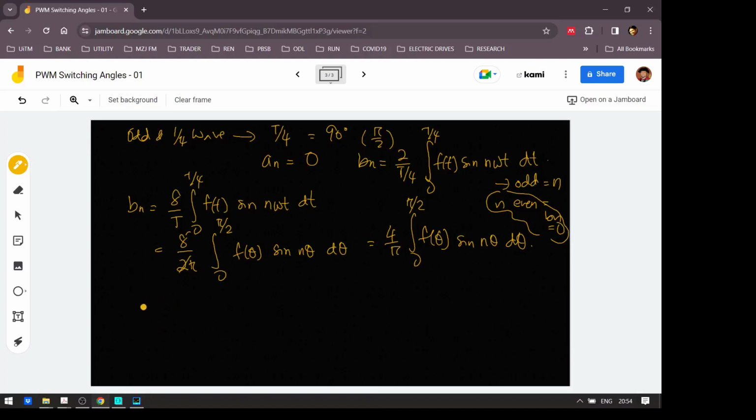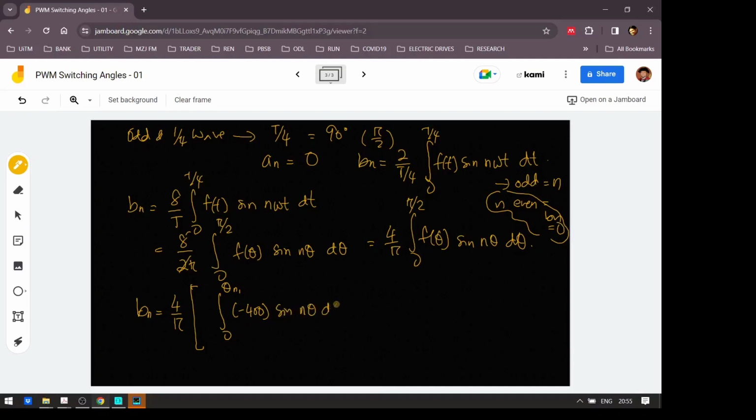So we have bn equals 4 over pi. The first integral will be 0 to theta n1, and f theta is minus 400, and then you have sine n theta